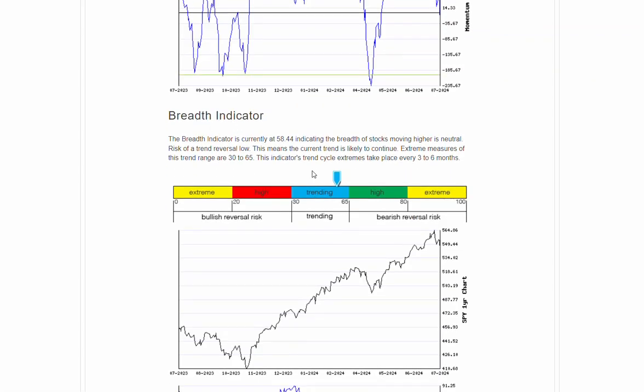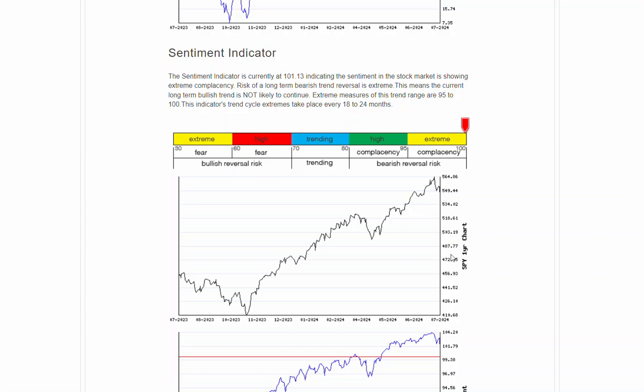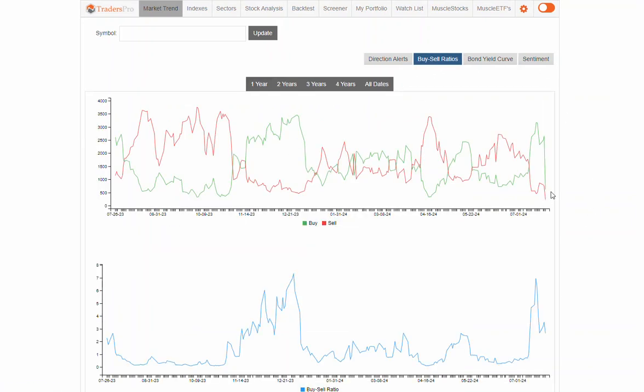And then also the breadth indicator, which is also weakening. Sentiment indicator also starting to curl back down, showing some weakness. Had one of the biggest days yesterday on the fear indicator, which we will take a look at. Buy-sell ratio, I've got a little data issue sitting right here, but one other way to look at that is